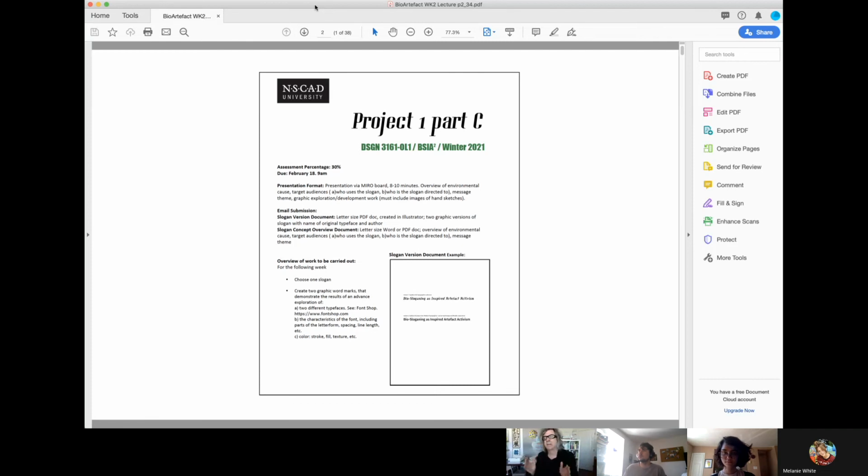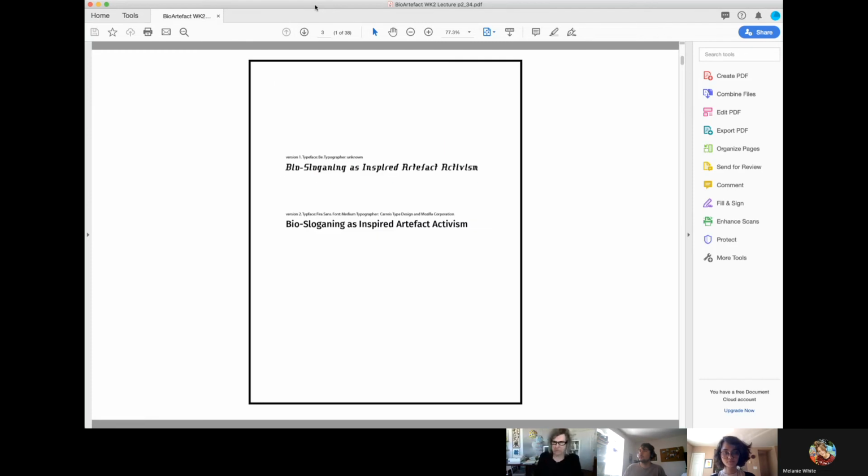This document is just to very clearly state that these are the two versions. And again, they indicate which typeface, which font, and the typographer if it's known. You can create the composition on the page however you want, but this provides a very clear